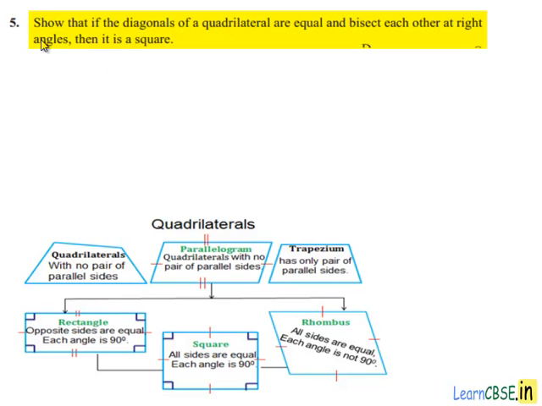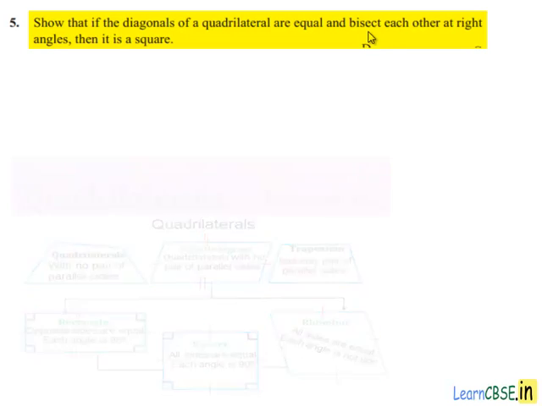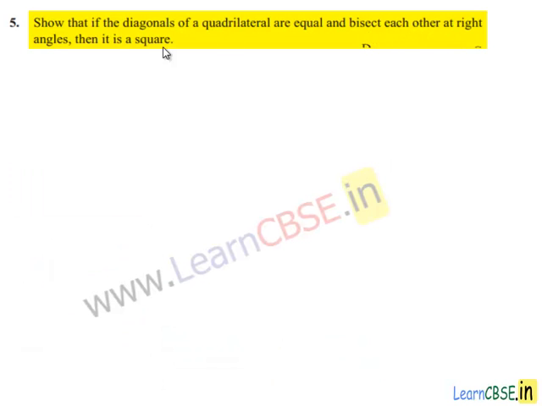Moving on to fifth question. Show that if diagonals of a quadrilateral are equal and bisect each other at right angles, then it is a square. Now moving on to solution. Let us note down the given information. He has given that diagonals of a quadrilateral are equal and bisect each other at right angles. So let us consider a quadrilateral